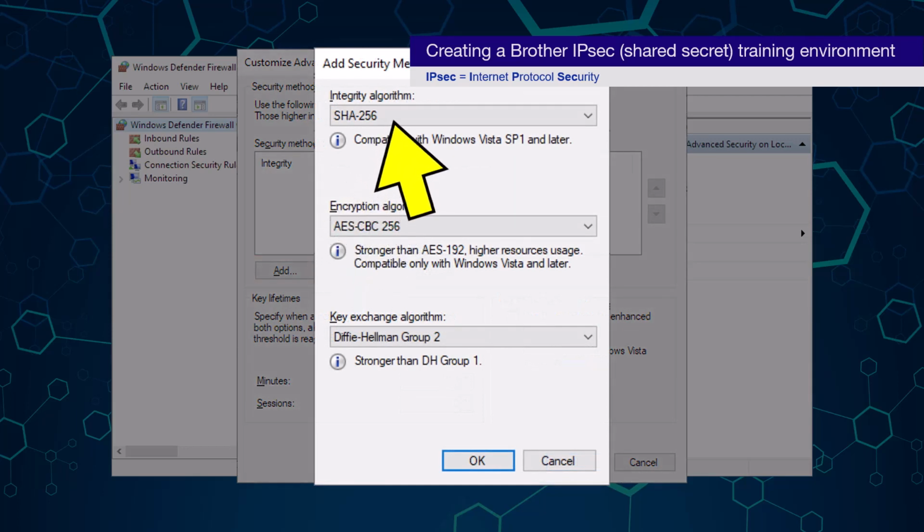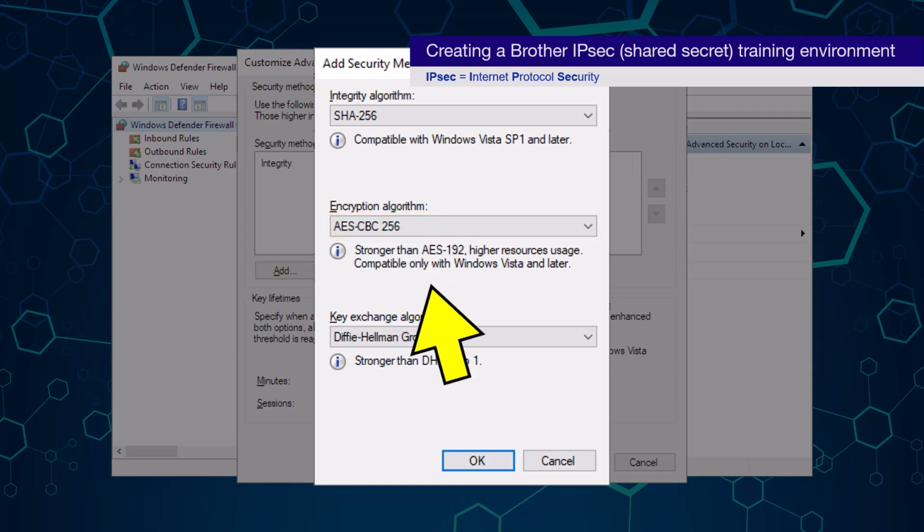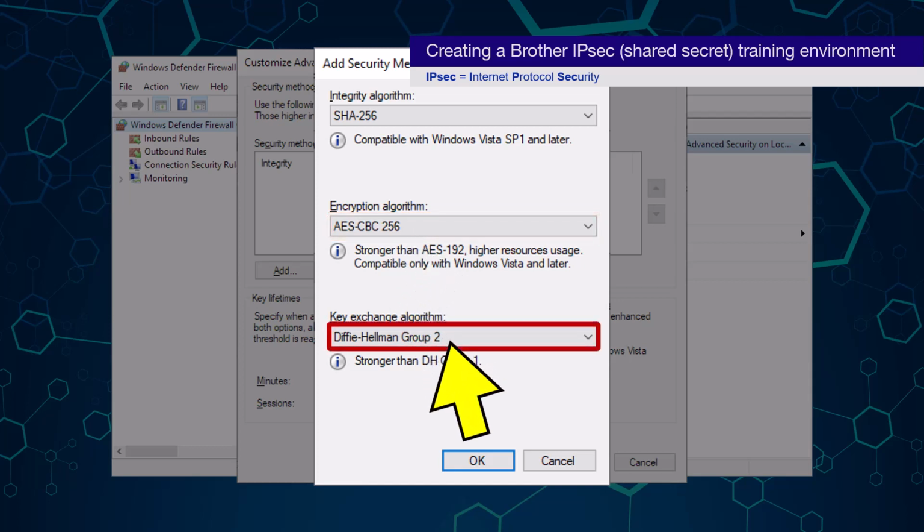I am going to set the integrity algorithm to SHA-256 and encryption algorithm to AES-CBC-256. I am going to use the Diffie-Hellman group 2 as the default key exchange algorithm.